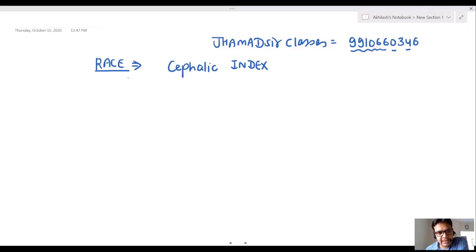How to remember? RACE, race. C is cephalic index. Cephalic index is an index of skull bone. What is cephalic index? Breadth of skull bone